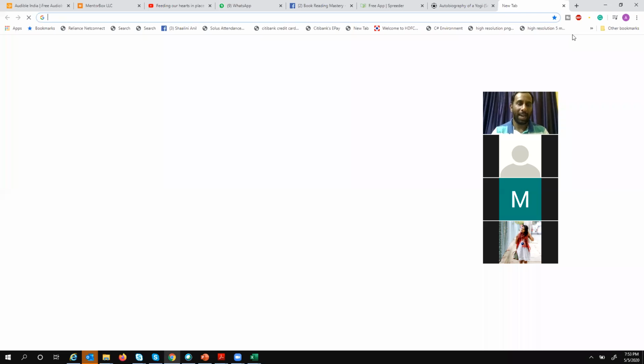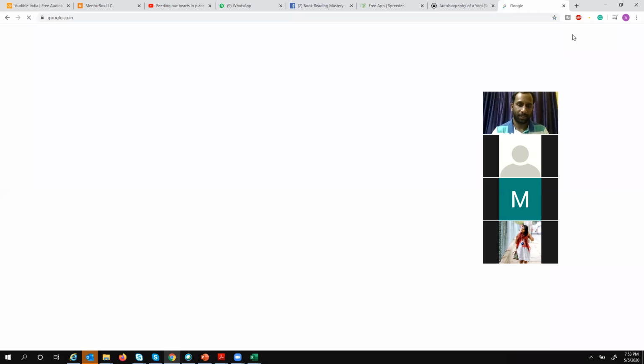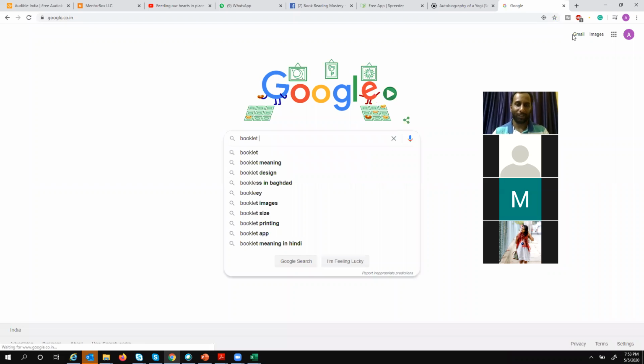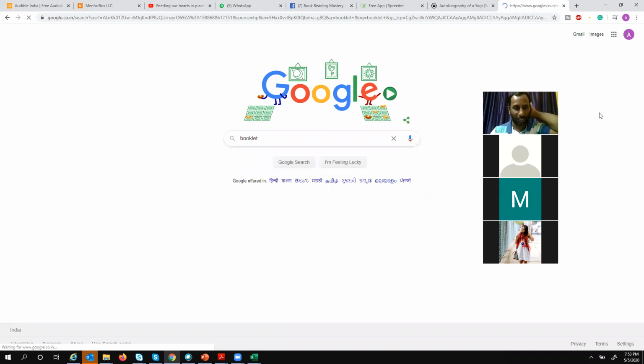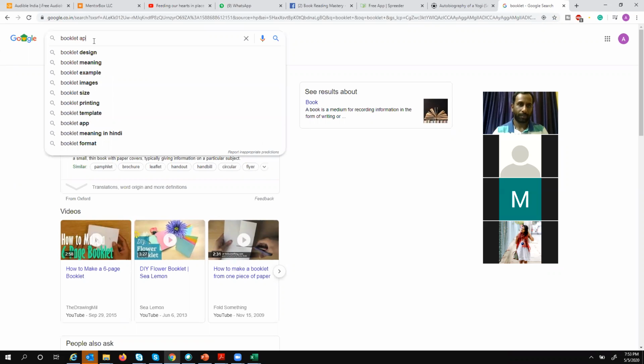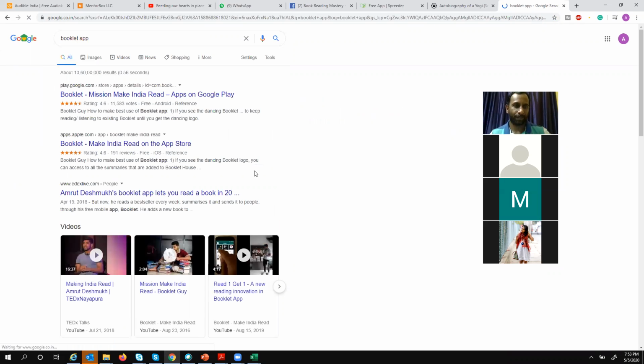Okay, I'm not aware of that. Yes, but it's a good app. So I just thought I'd share that. Okay, I will also explore that. Is it a chargeable one or is it free? No, it's free. Okay, then I think Hanu, we can start with this and then slowly we can see whether Mentorbox is required or not.